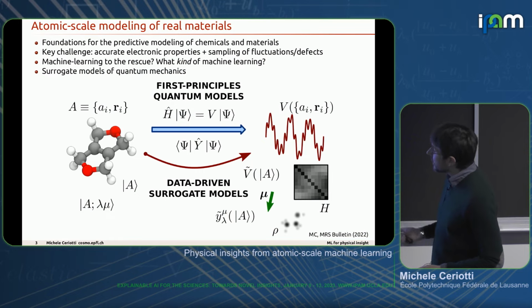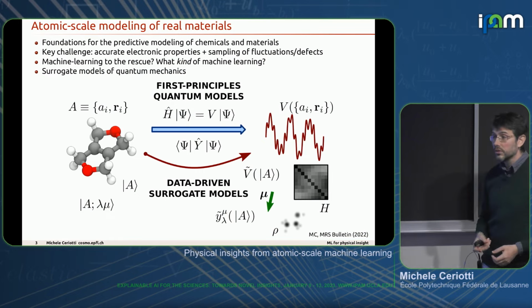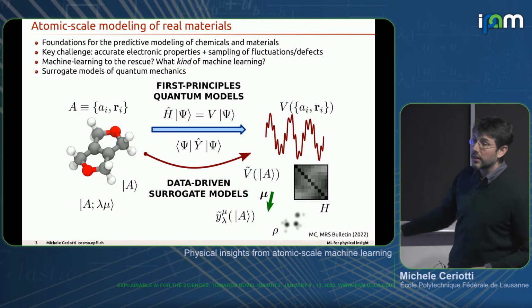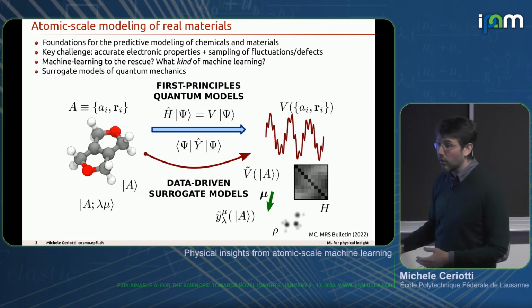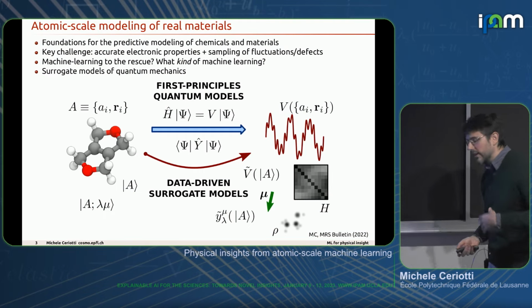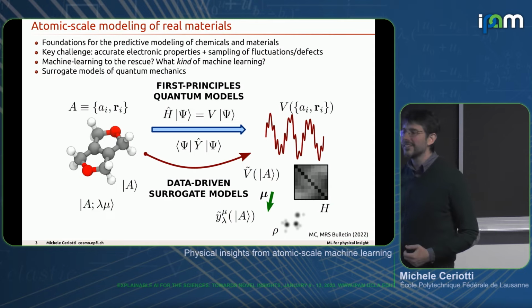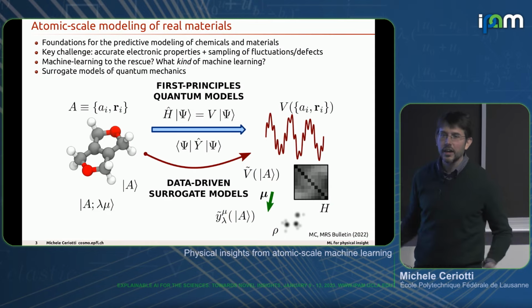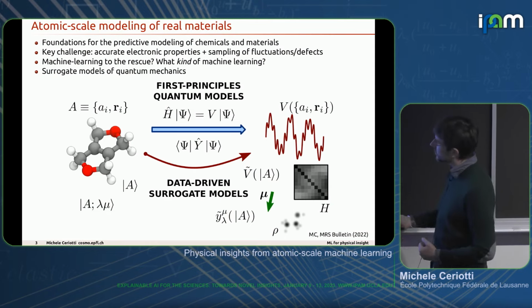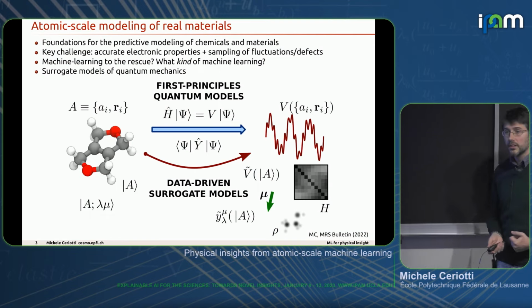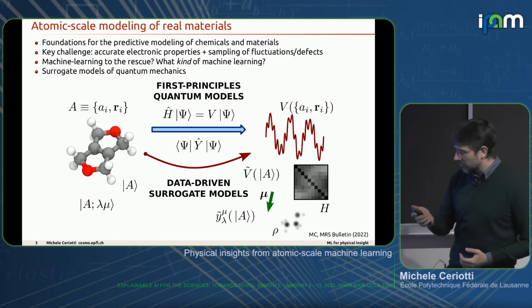but also to predict a lot of other observables that can be linked to experiments and that can be linked to the behavior of a material or a molecule in a useful context. So the idea is that rather than using quantum mechanics to do this, or better, after having done this with quantum mechanics on a certain number of reference structures,